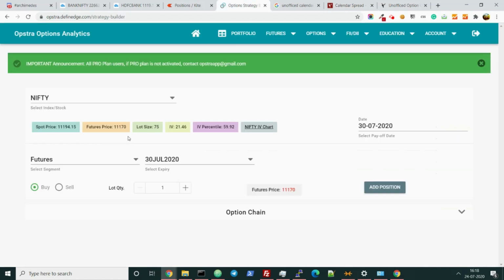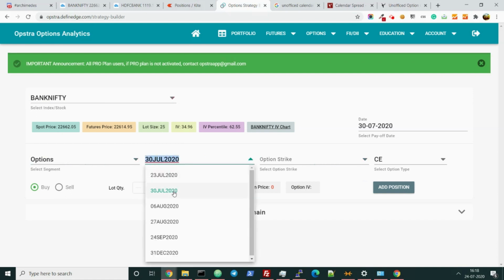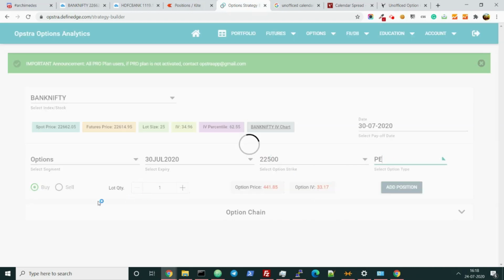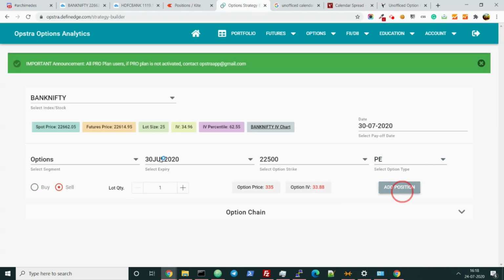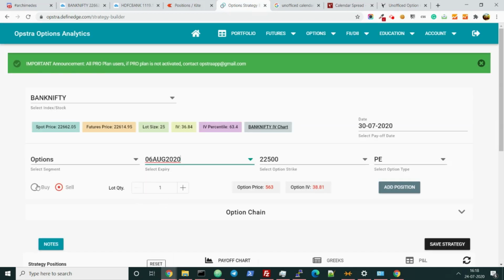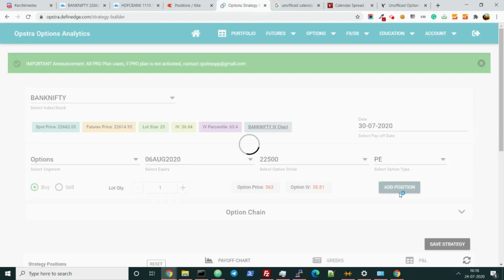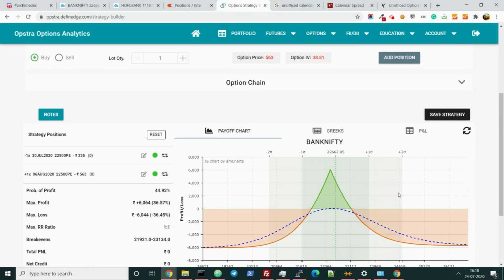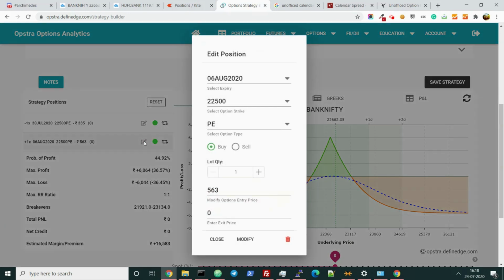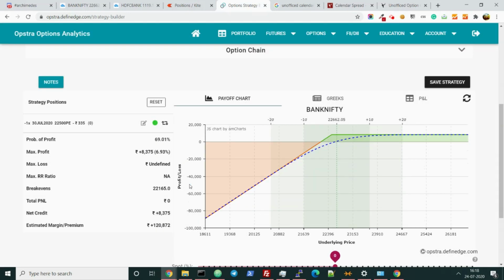So let me show that. Let's choose Bank Nifty here, options, this one, 22500 put, and this is sell, and the next one is buy. As simple as that. See, it is coming like that. Let me just delete it.